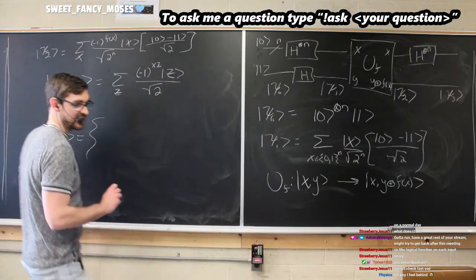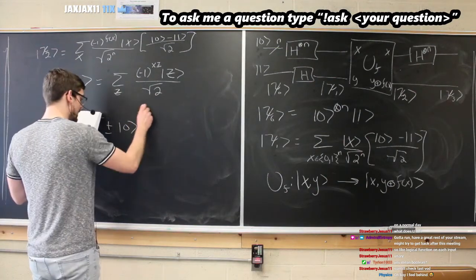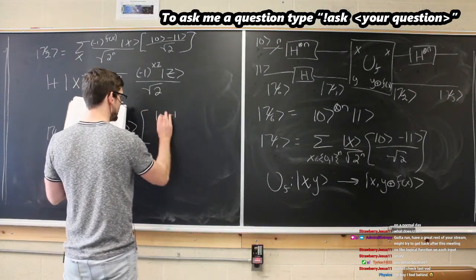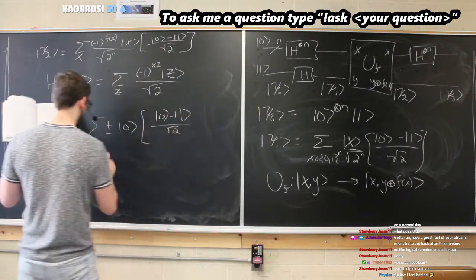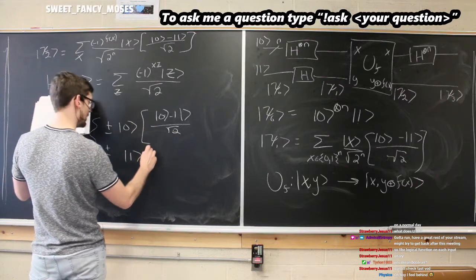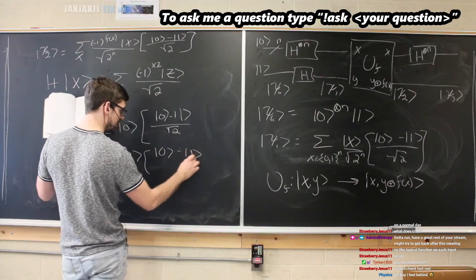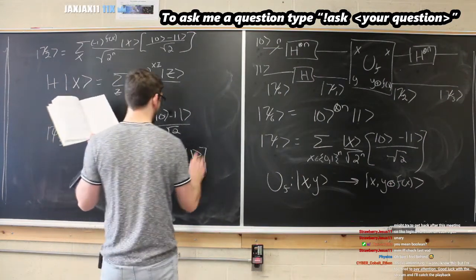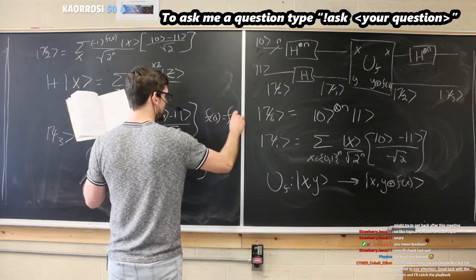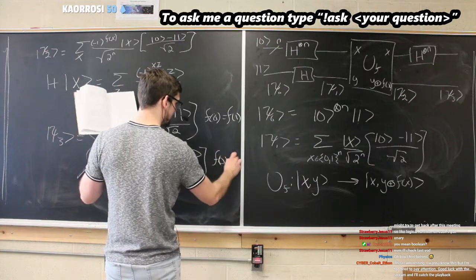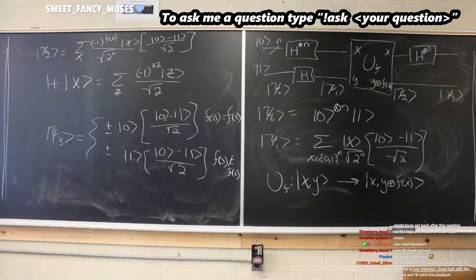And last week we wrote it something like this, where we had a plus or minus the 0 state multiplied by 0 minus 1 divided by root 2, or plus and minus a 1 state where we had 0 minus 1, divided by root 2. And this one was for if f of 0 is equal to f of 1, and this was for f of 0 not equal to f of 1. So this is what we did last week, and this is the same thing except now instead of writing it,